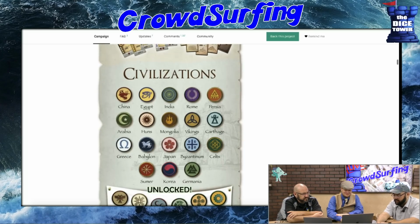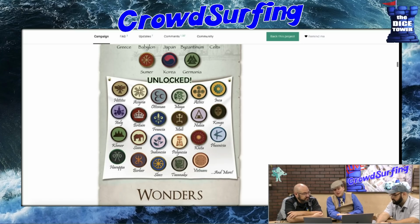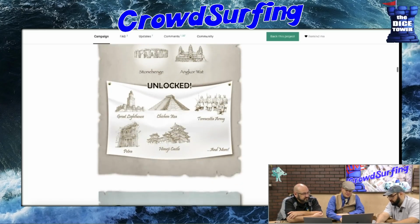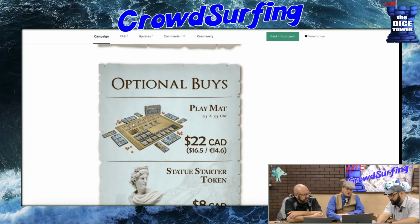As you point out, somebody's got a Ziploc bag in their pocket right now. I will say though that unlocking all these cultures makes me go like, ooh, that's pretty cool. Those cultures. That would be cool too, yeah. A lot of wonders. They've unlocked more wonders. That's cool. A playmat, which again, if they just put the box in a normal...